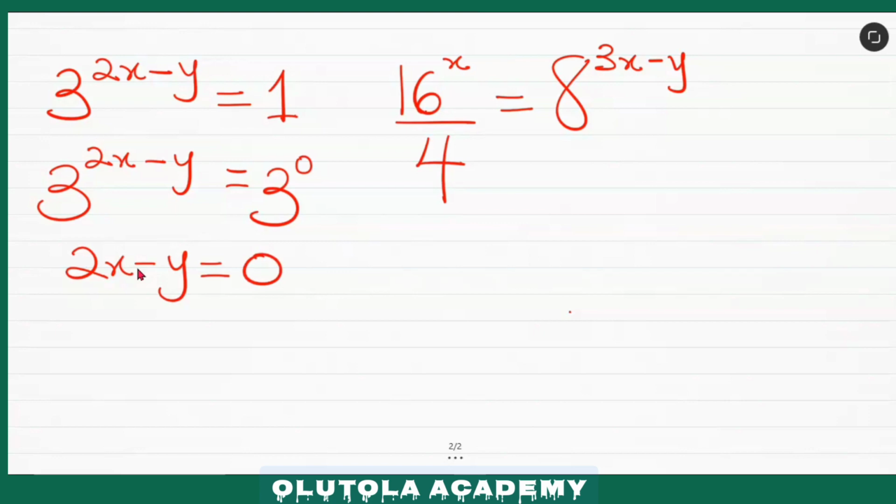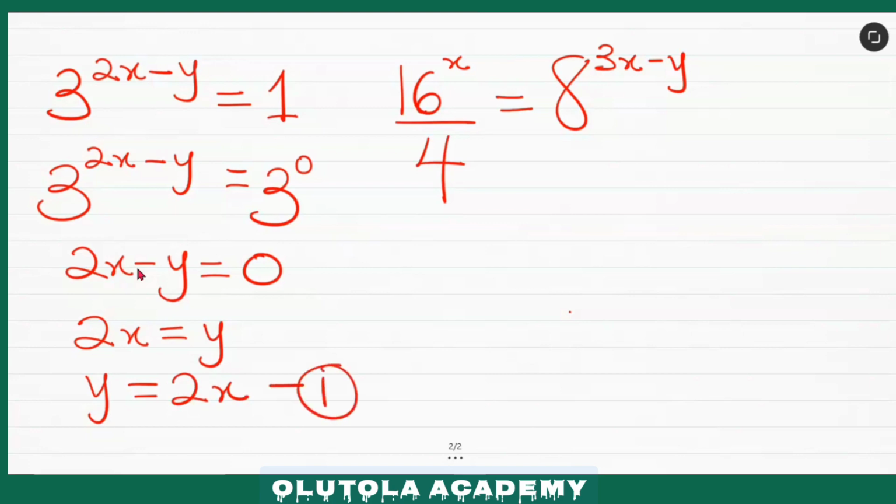So I can further rearrange this. I'm going to have 2x equals to y. Then I have an expression for y, which is y equals to 2x. I take this as equation 1. Then I come to this other one here,